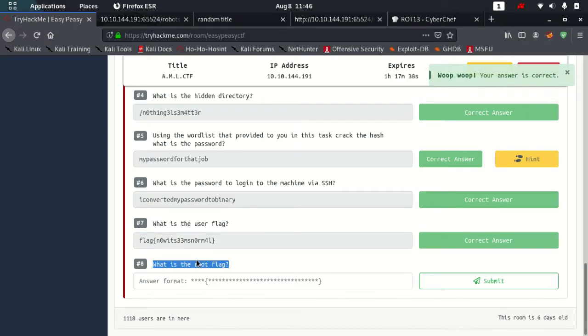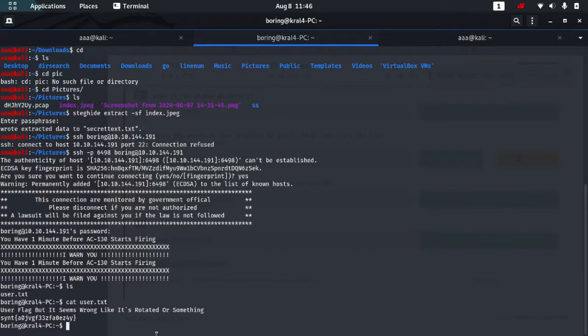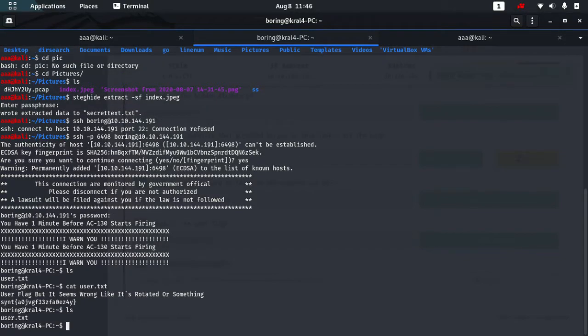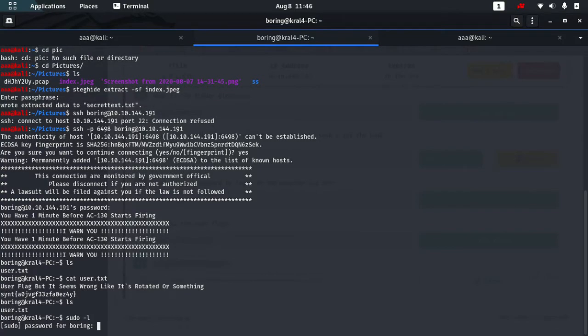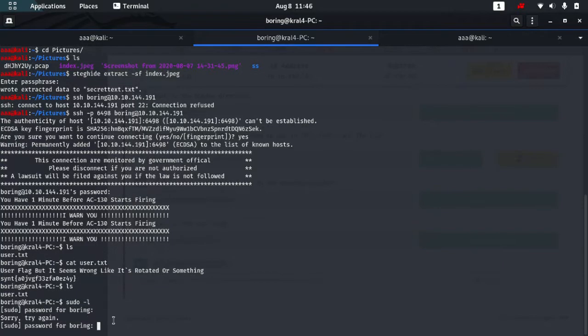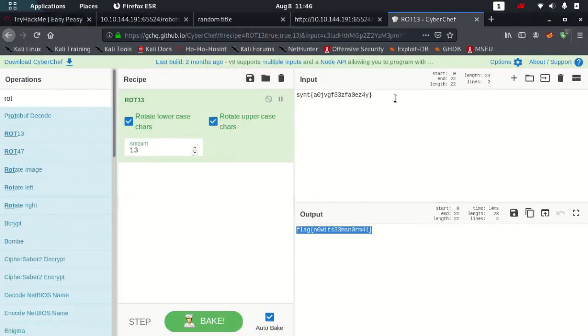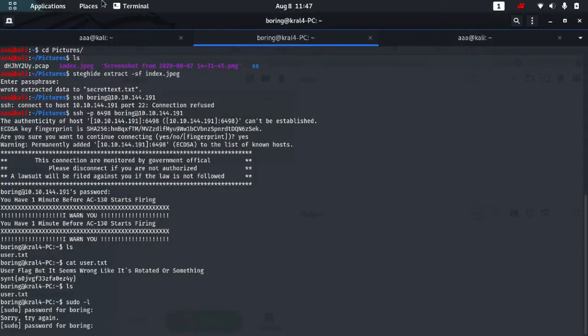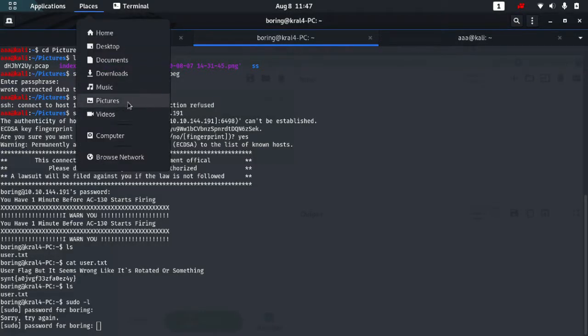Now what is the root flag? We need to do privilege escalation. The first step is sudo -l, checking that, and when I paste my password, it will give me an error. Just a second, where is that password?